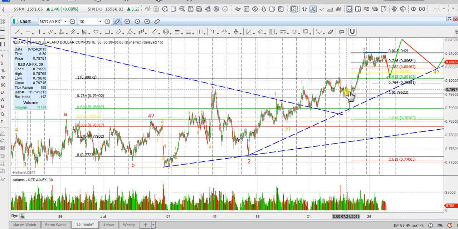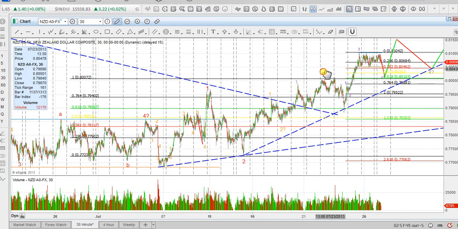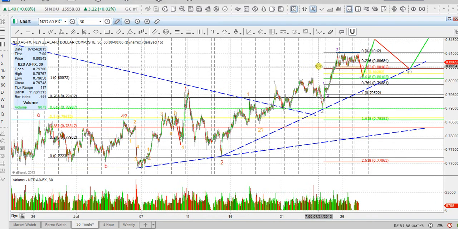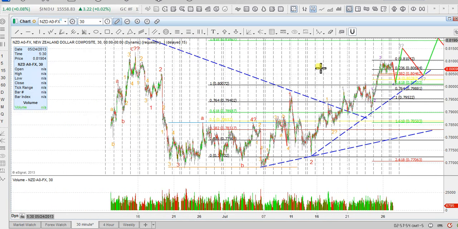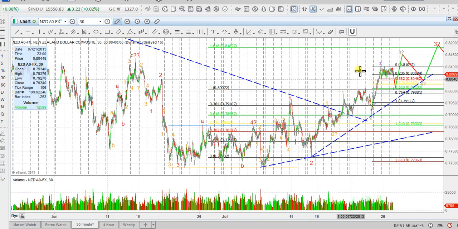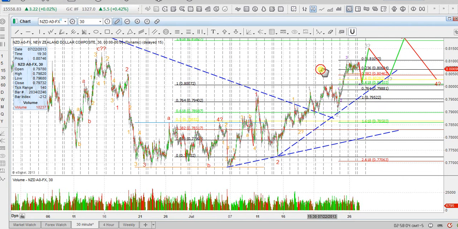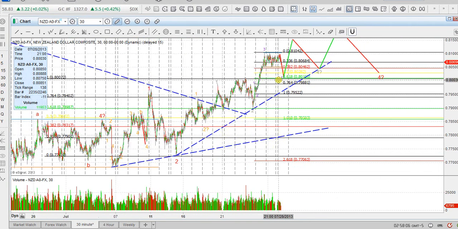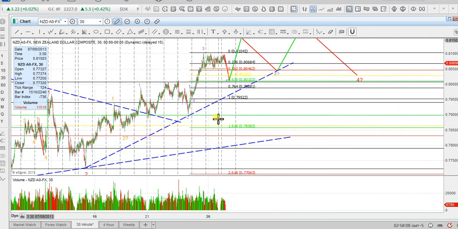But we see that that corrective phase then violated the peak of wave 1, so that would make that count inaccurate. And now our next target is the 161.8 extension of wave 1. So we're expecting an extended third wave. And then as we just look at the subwaves within this,